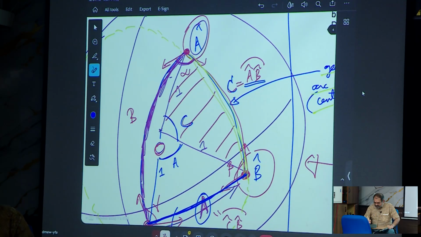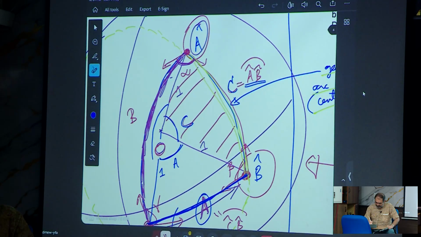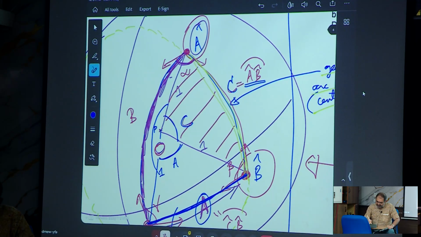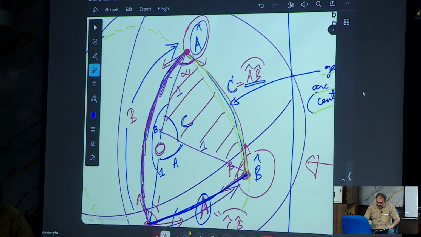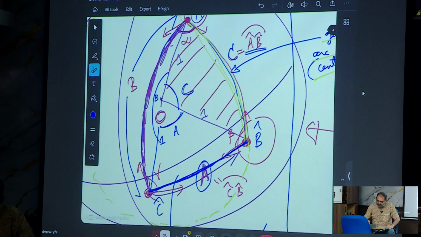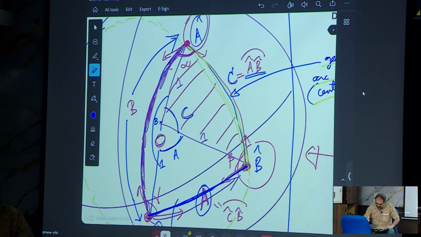And then of course, if I mark it, this is going to be your B, which is the angle subtended by this B, which is the arc length of this great arc in purple